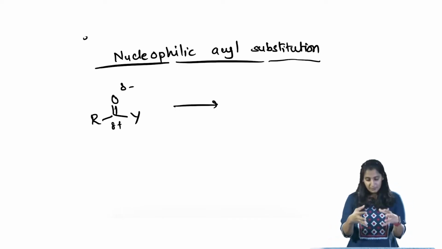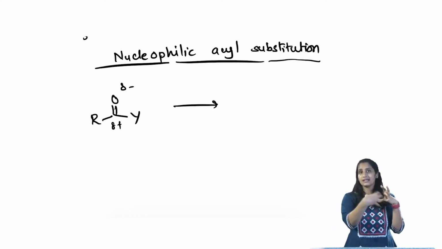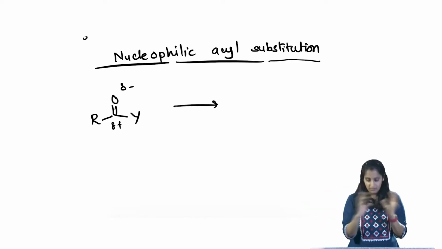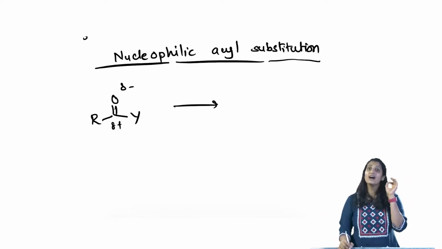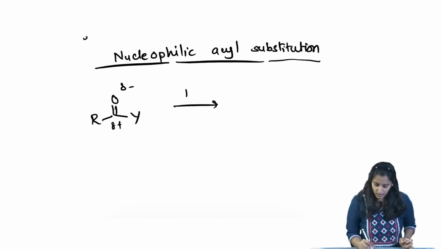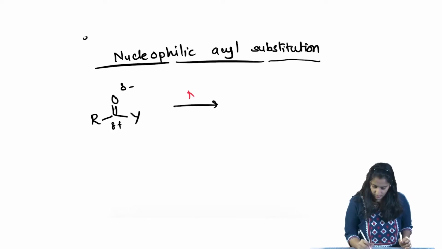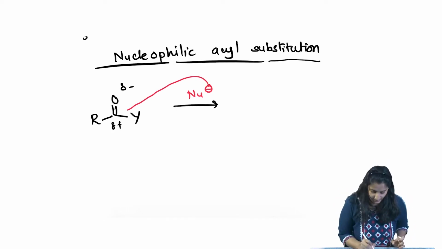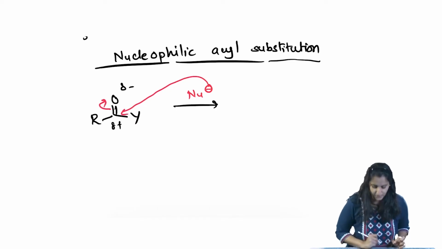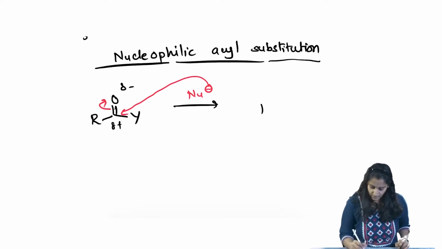So, any incoming nucleophile is going to sense that electrophilic center at the carbon, and it is going to attack there. Okay. So, that is the first step of the nucleophilic acyl substitution, the addition step. Let me write the nucleophile with a different color. The incoming nucleophile is going to target that center and it is going to open it up. And what we are going to form here is,